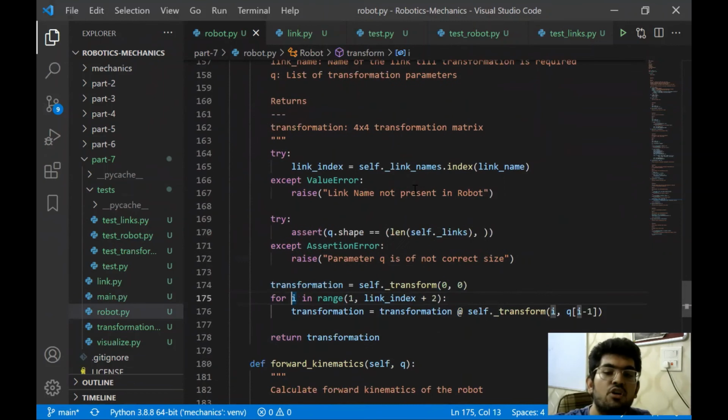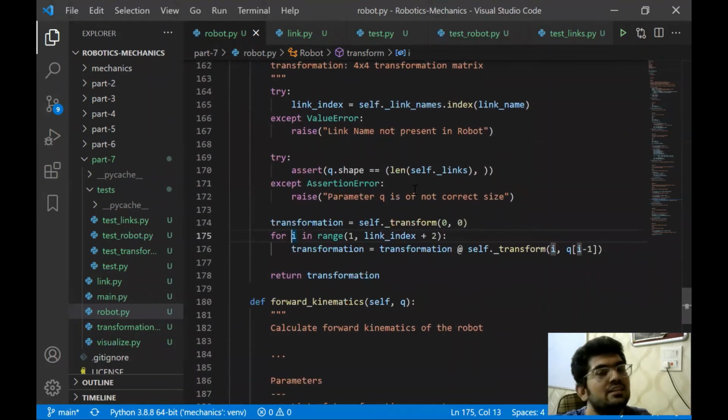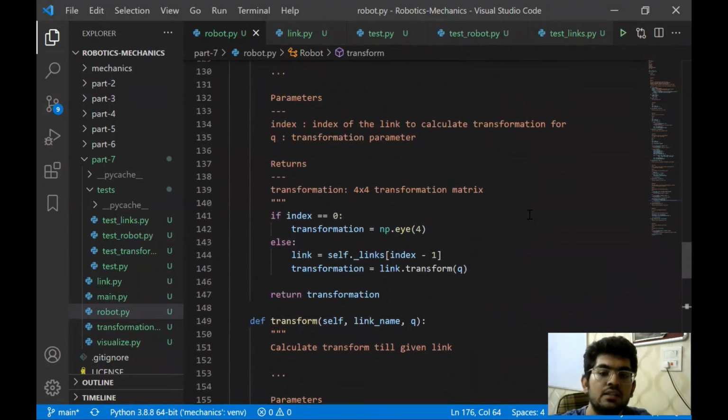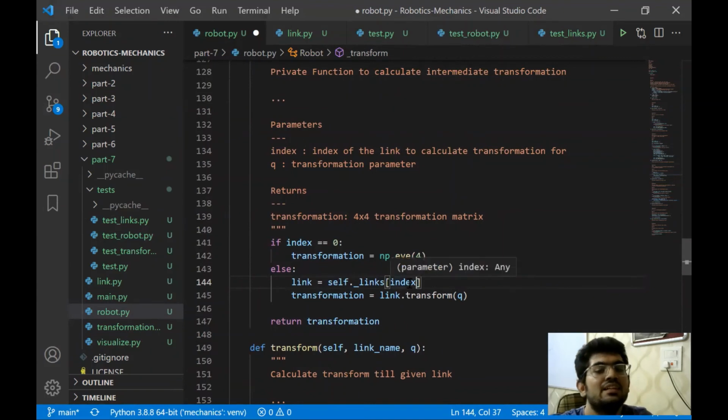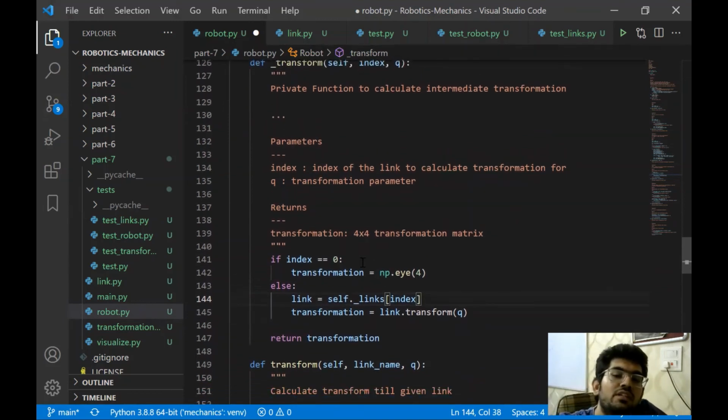But we are actually getting link_1's transformation matrix, because this for loop for i in range(1), for the first time it runs like this, now i is passed as value 1. Oh, okay. Earlier this was like this. It is starting from the first link, link_1.